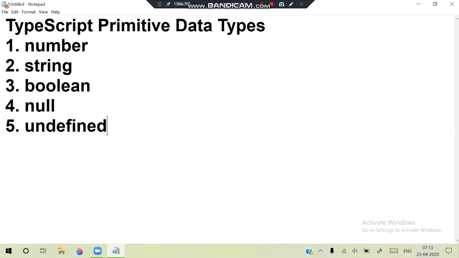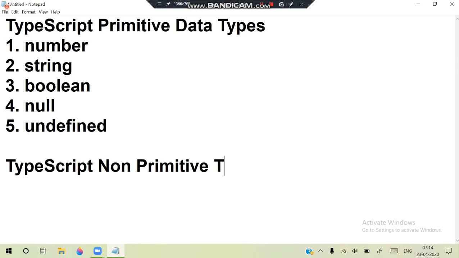Now, after understanding the primitive data types, we need to know another important topic: the TypeScript non-primitive types. What are the various non-primitive types available? Technically, what are non-primitive types and how do they work? Let's see. As I already explained a few points about them, non-primitive types